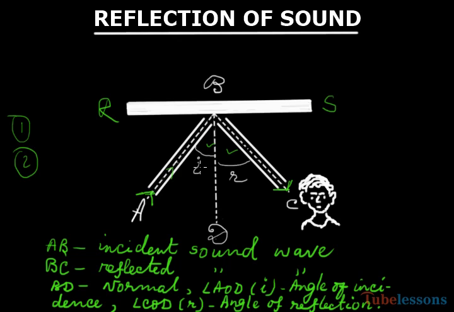These are the two laws of reflection of sound, and these are very much similar to the laws of reflection of light. In the case of reflection of light, there are rays of light, and in this case, there are no rays of sound, there is sound wave. So here, incident sound wave and reflected sound wave, and in optics, incident ray and reflected ray. If the angle of incidence is 30 degrees, the angle of reflection will also be 30 degrees. This is very identical to the law of reflection of light.